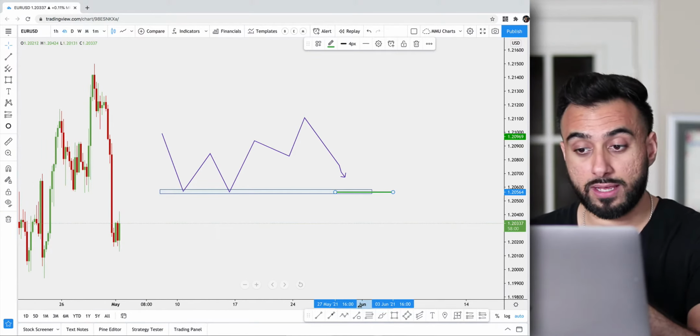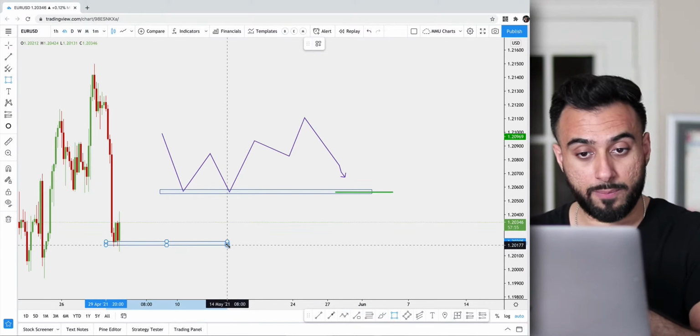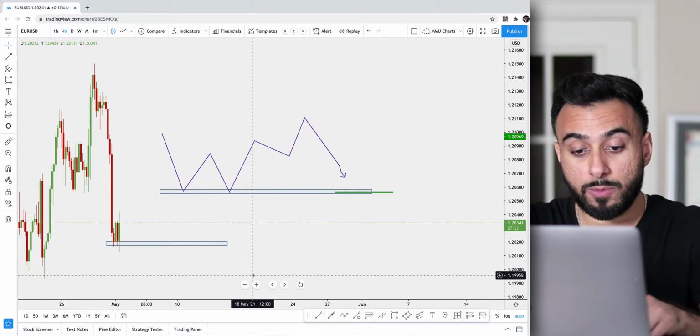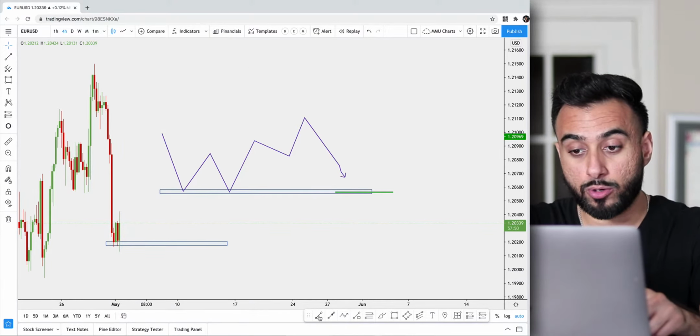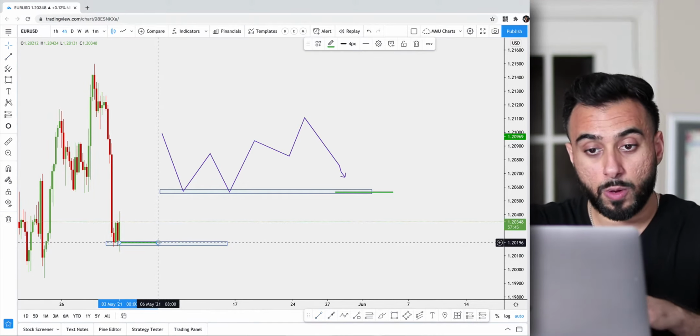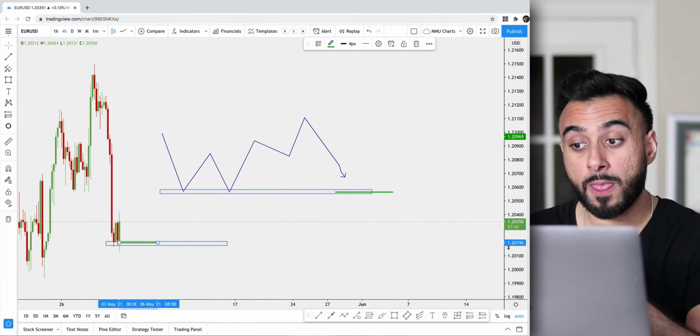Let's just say we considered this a hypothetical support area, just for a random example. So let's just say we wanted to enter our buy limit on MetaTrader 4. Let's just say if the price ends up reaching back down here, we want to enter this trade. So let's say, for example, we want to enter our trade at